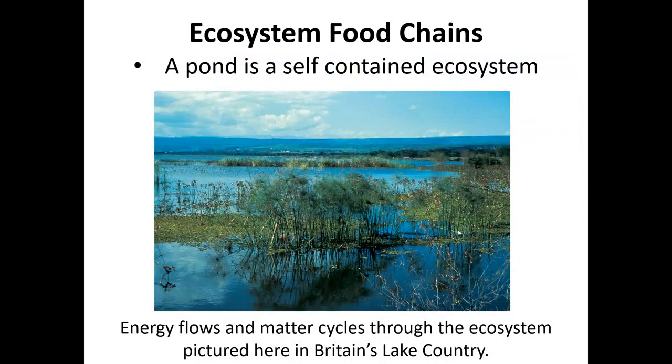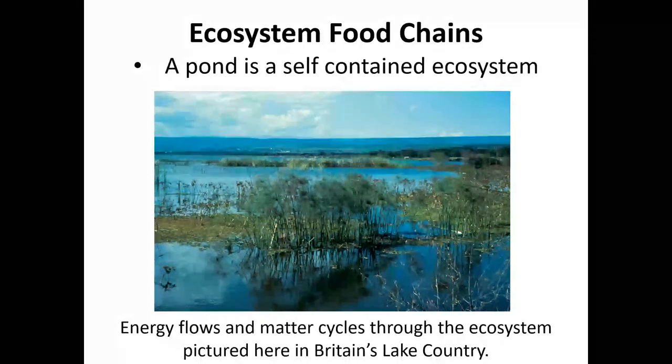So an ecosystem and food chains: a pond is its own self-contained ecosystem. This particular picture shows how energy flows and matter cycles through the ecosystem pictured in Britain's Lake Country. The reason energy flows and matter cycles is that cycle means it's continuously moved throughout a certain area, while energy flows means it comes from far away, but it's not necessarily recycled. Again, energy from the sun does not go back to the sun, so it's not considered a cycle, it's considered